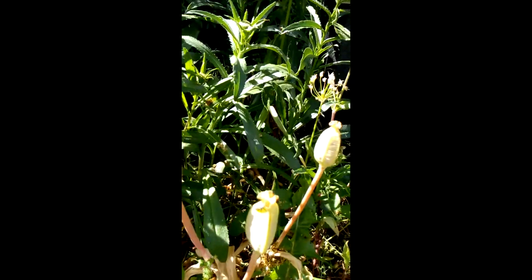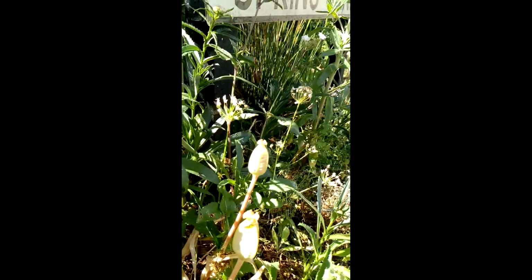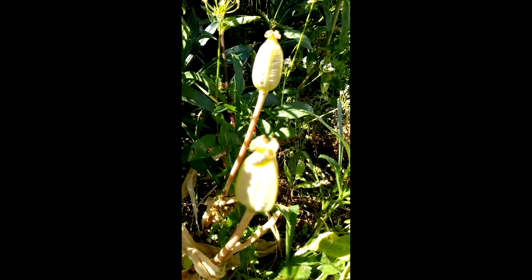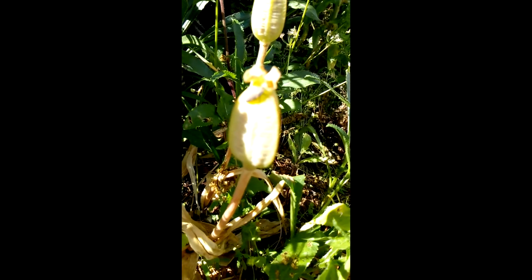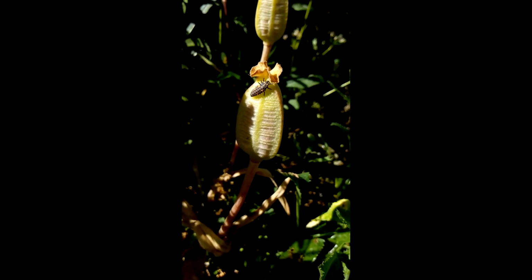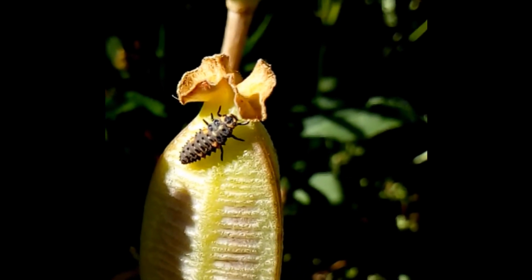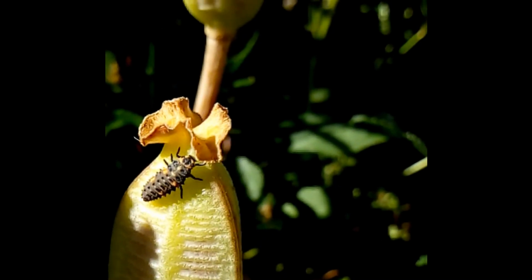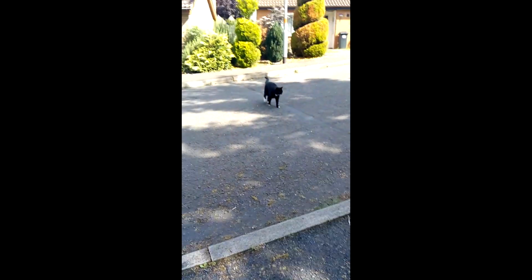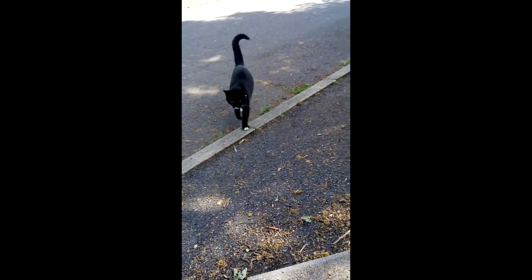And this, will you believe it? Probably not, but I'm going to tell you anyway. This, focus camera, focus. That is a juvenile ladybird. Juvenile ladybird. Okay. And that is a very mature beanie. Anyway,